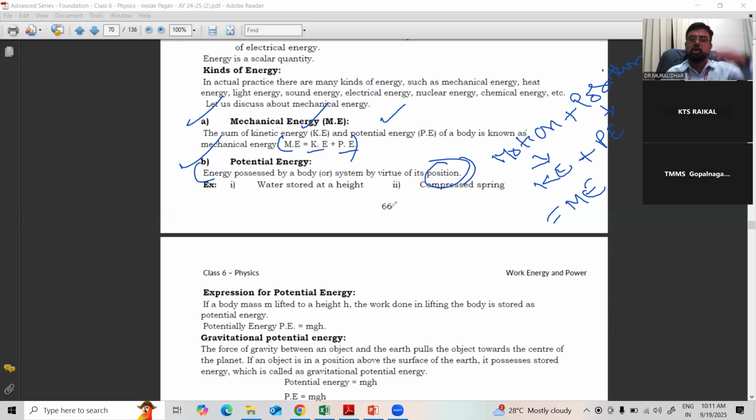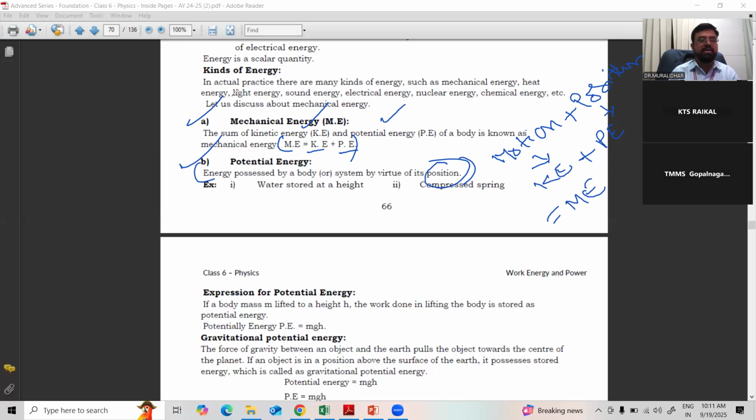Correct? So an aeroplane, which is at a height from the ground, when hanging in the air also has energy. Or when the aeroplane is moving, that is a different energy. So being at the same position, the body possesses energy. For example, take a catapult or arrow. When the catapult is stretched, the energy produced by the catapult is potential energy. When that is released, it becomes kinetic energy.